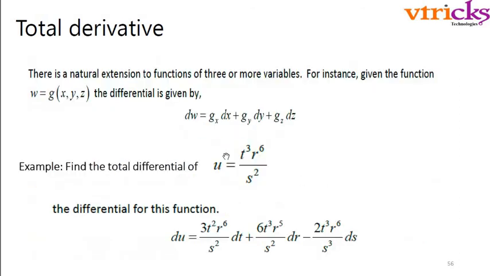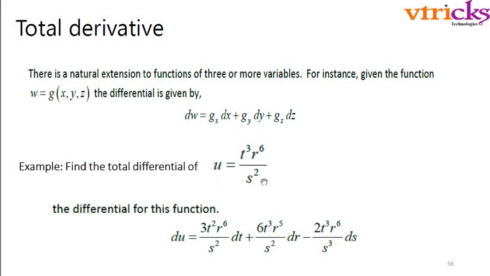So w is g of x, y, z. So I take the derivative of g with respect to x into dx, plus the partial derivative of g with respect to y into dy, plus the partial derivative of g with respect to z into dz. So for an example, you can take this u, which is a function of t, r and s,